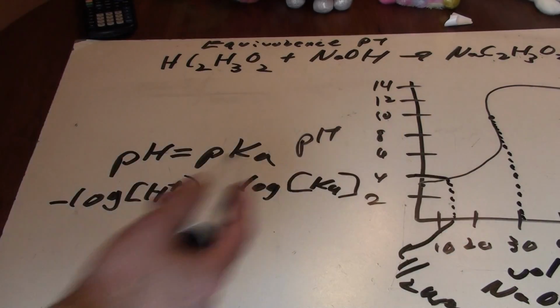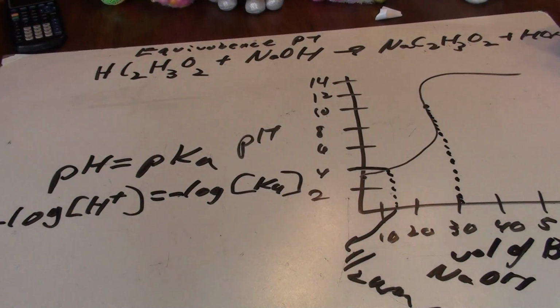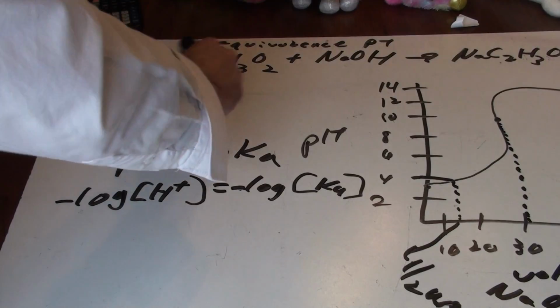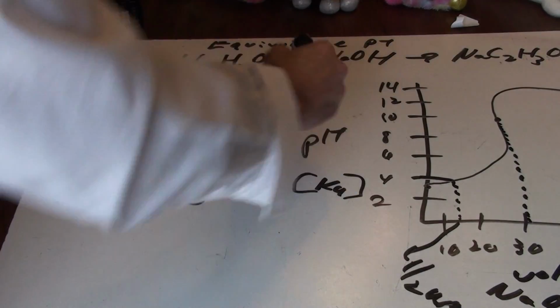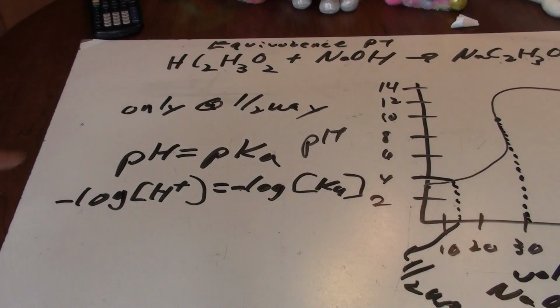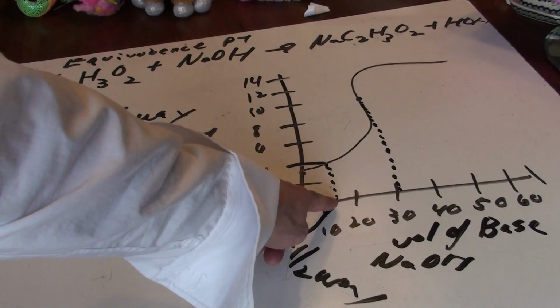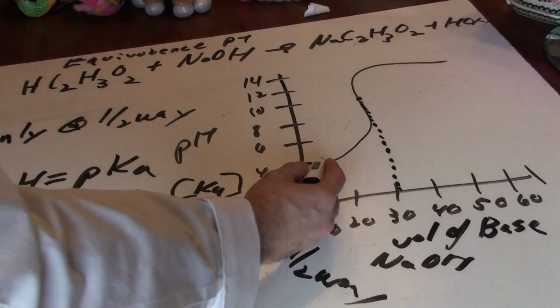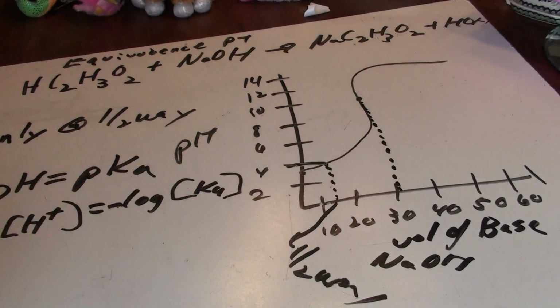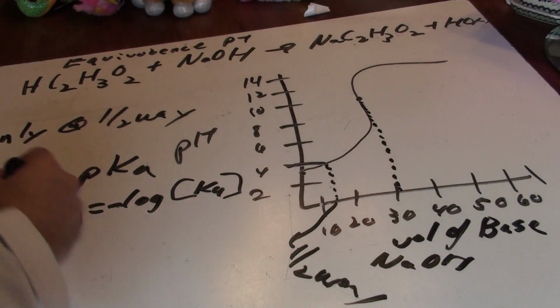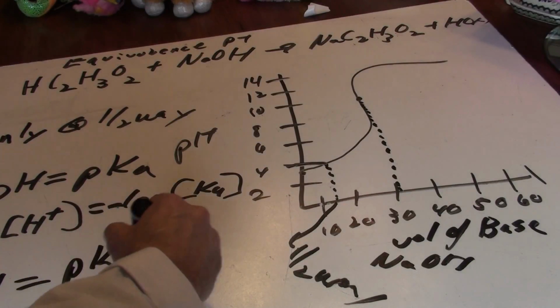So if I know my pH at halfway to the equivalence point, and again, this expression is only true at halfway to the equivalence point. So if the equivalence point is 30, halfway to the equivalence point would be 15. And looking up here, my pH is pretty much close to 4 at halfway to the equivalence point. So if my pH is 4, that would be equal to the pKa